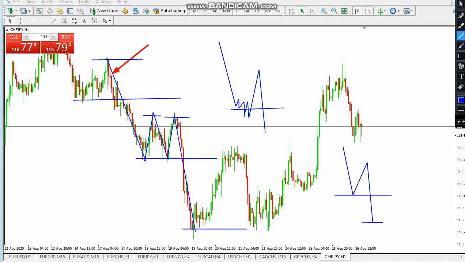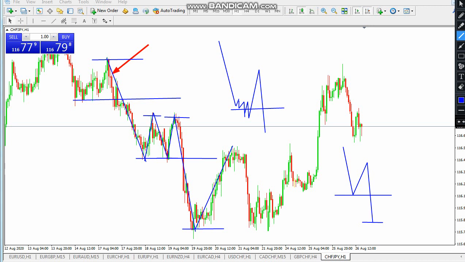Then from this area the market started to pull back. Then it pulled back to about, by the way, when you have this downtrend right here and then a pullback this much, how much of a pullback can we say it is compared to this big sell-off that came down like this? Then it pulled back to this area. We can say that hey, this pullback to this area is just about 40%. I would say 30% of the entire move.